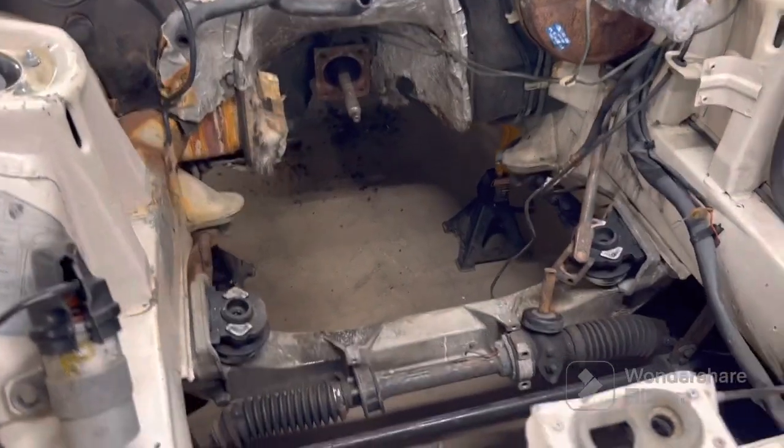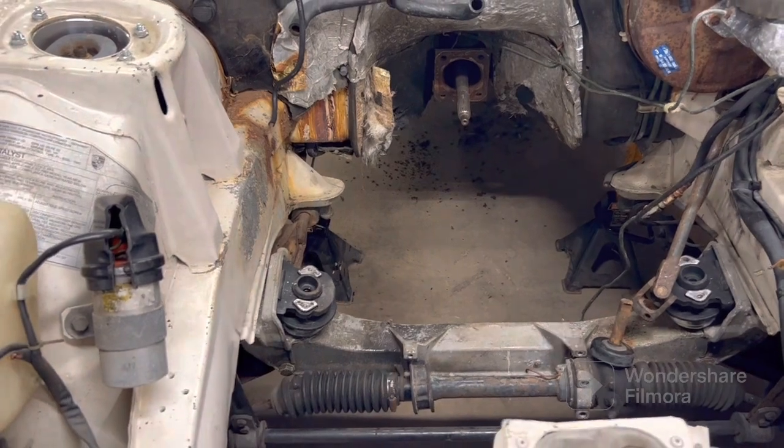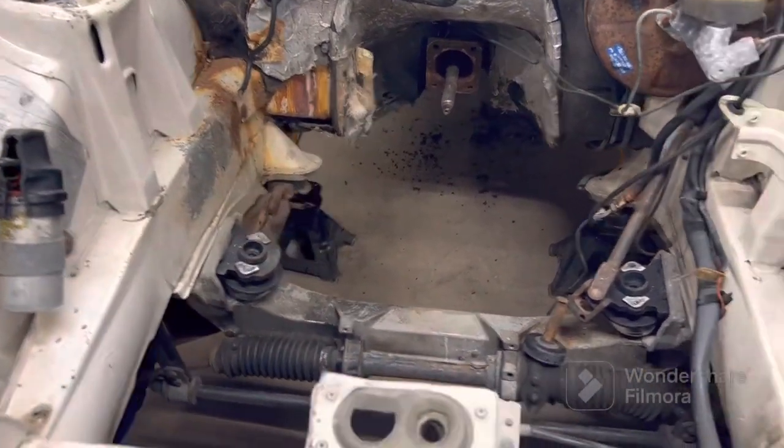I also ended up taking a whole bunch of stuff off the car while we were trying to drop the motor in, just to give a little bit more room. And I think all that will help. So we'll show you what we got here. Under the hood, the exhaust manifold was in the way. We took that off, and then